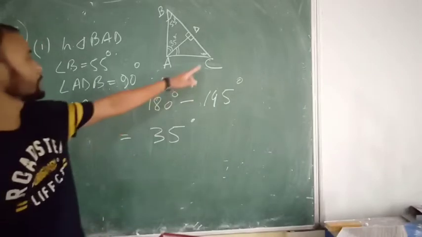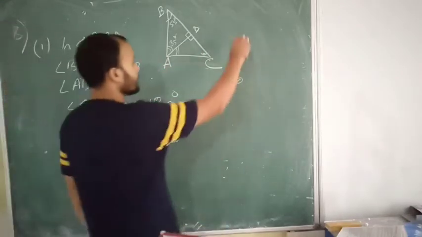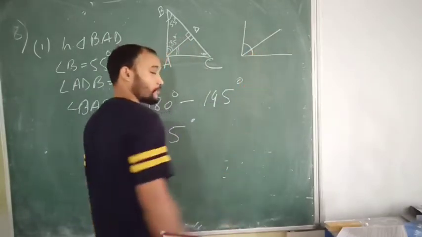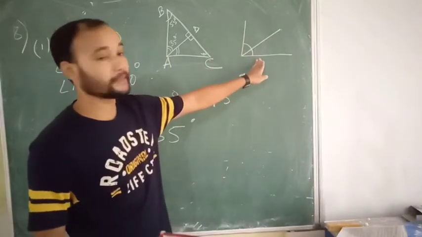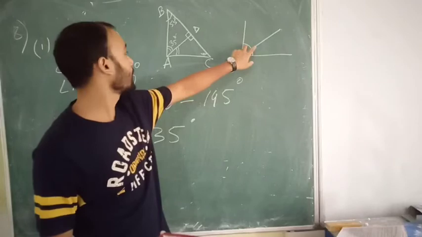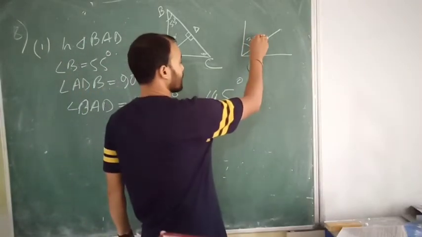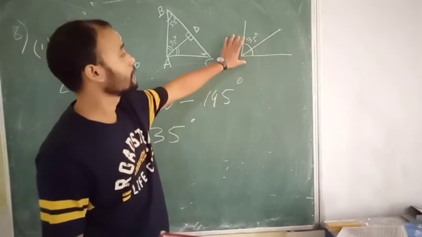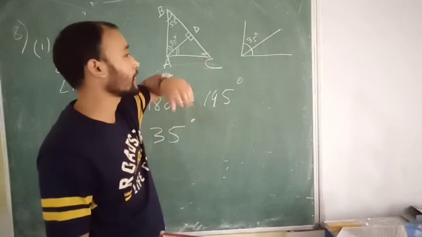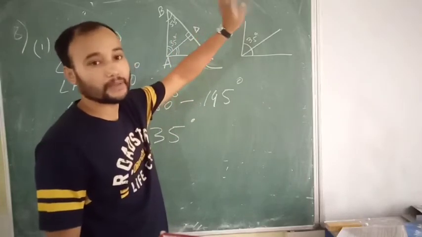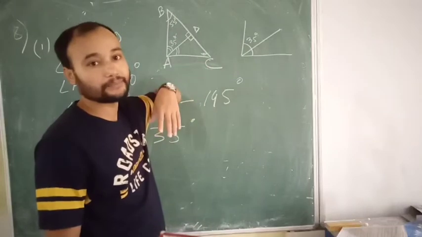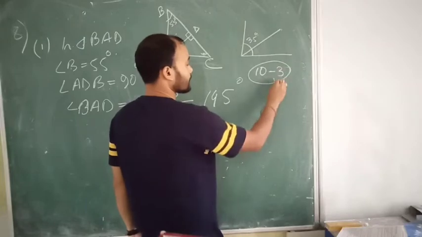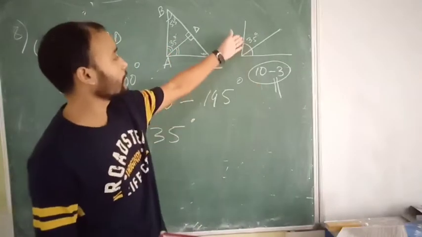Now try to find this and this. Now see this, this is angle A. The entire angle is 90 degrees because it is a right angle triangle, and this part is 35. How much will be this? See, I have 10 marbles in total. I give 3 marbles to another one. How many marbles are left with me? I have 10, I will leave 3 marbles. We are going to subtract this. That's 7.